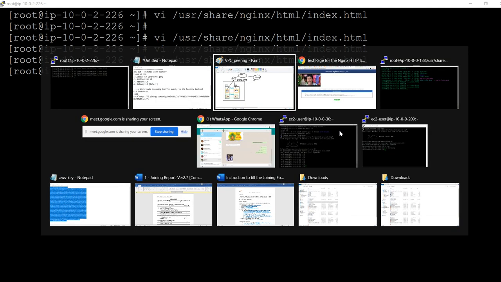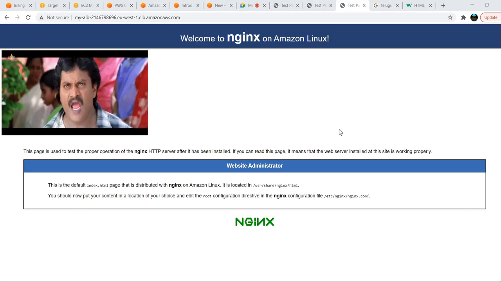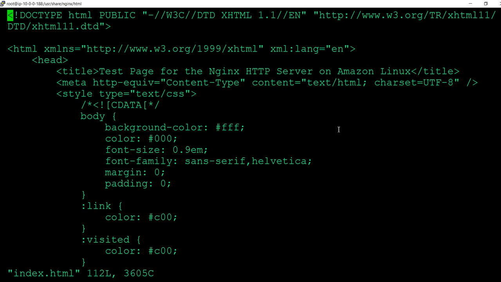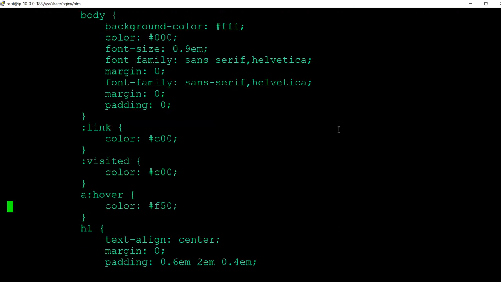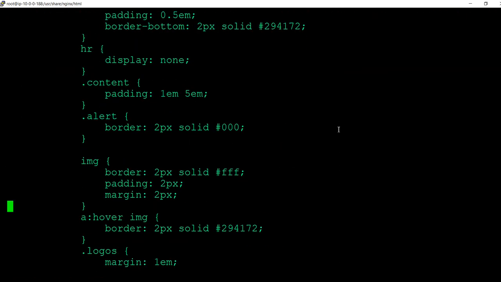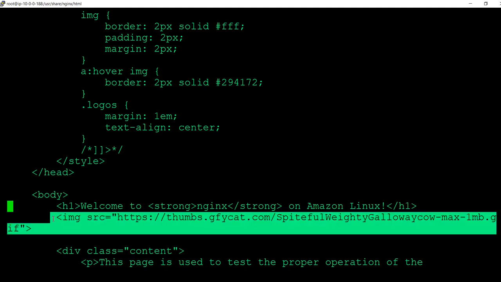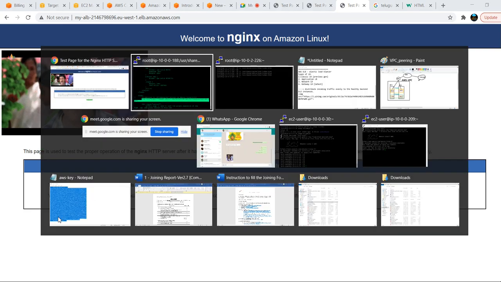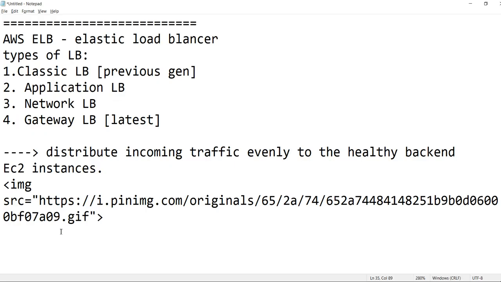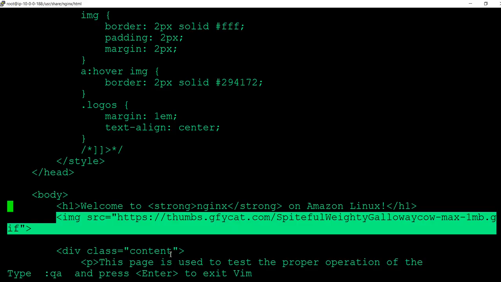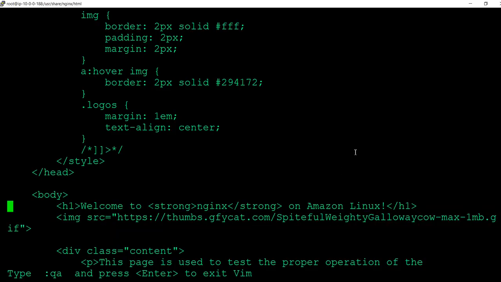So the public server we have done. What is the difference between public and private here? In public, you are directly accessing this application and you have direct internet access from the outside, so you are happily accessing it. In private subnets, do we have internet? No, right? We don't have any direct internet to our EC2 machines. Then how will we do that? That we will test right away quickly.